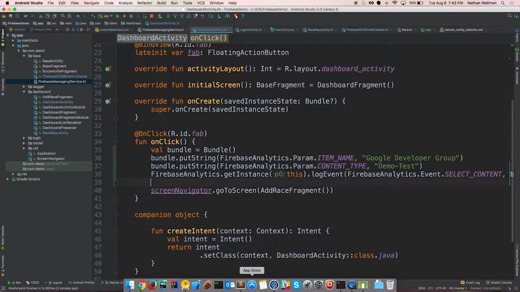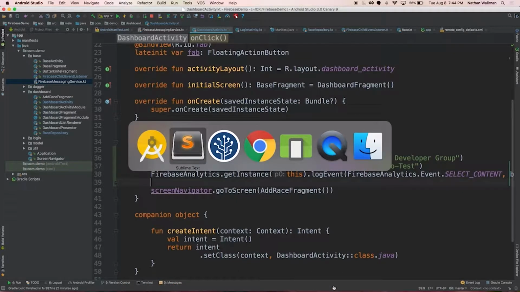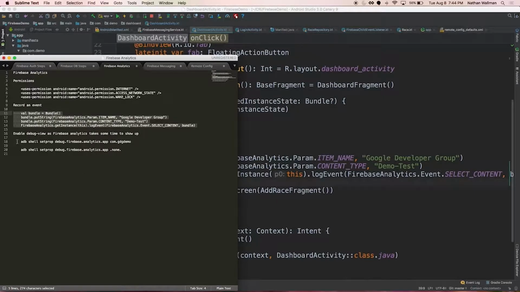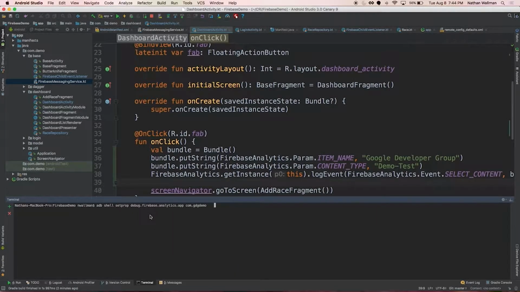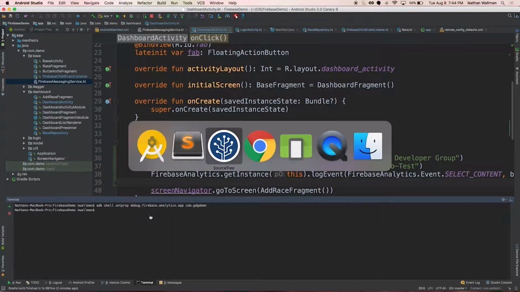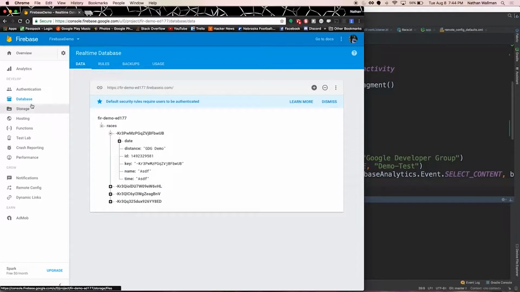Alright, so if I was to run this app and actually look at analytics, I wouldn't see anything in real time. So in order to do that during testing, you have to enable this parameter, and let's see if I have it. I do. Okay. So if I go back in here and go to terminal and enable this for this particular app, now if I go into analytics,